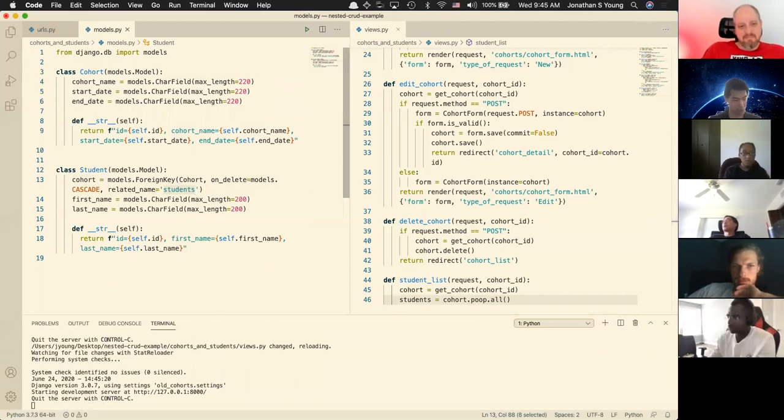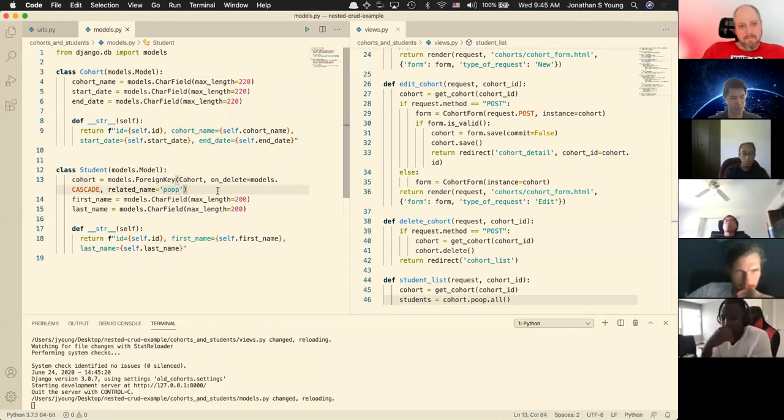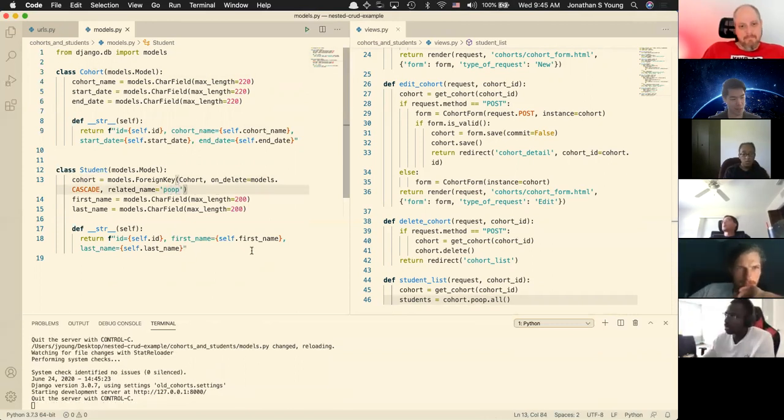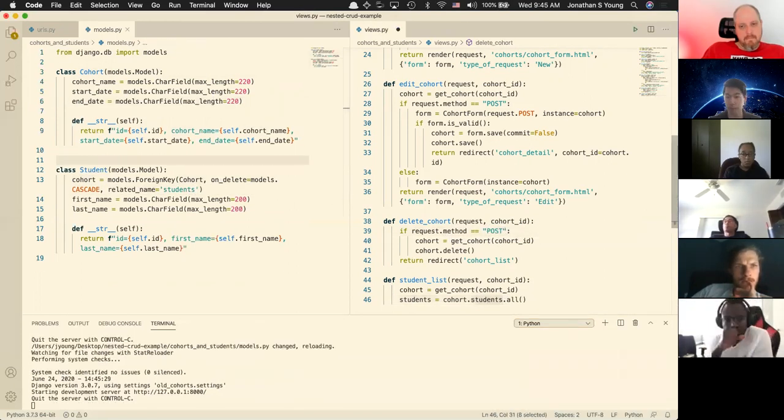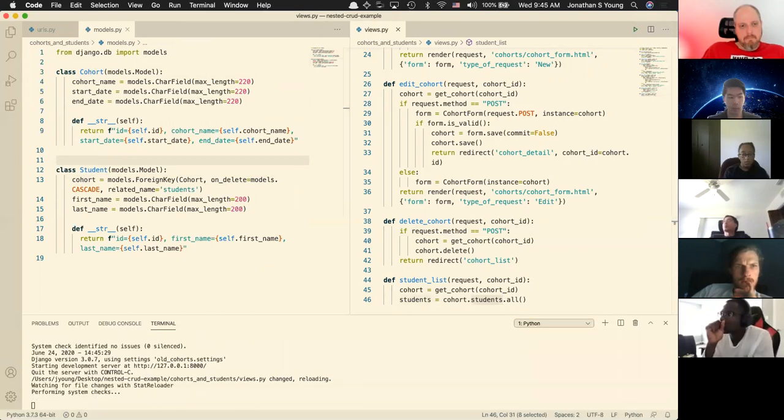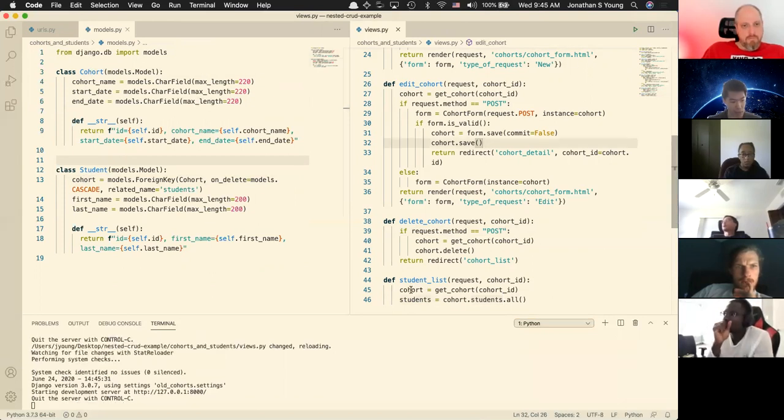Student.objects.all, I can just change this. I don't know if I have to rerun a migration, but you get the idea. I could change that if I wanted to. I'm just going to leave this as is for right now. So back over here, I got my cohort, I got all my students, and at this point, I'm ready to